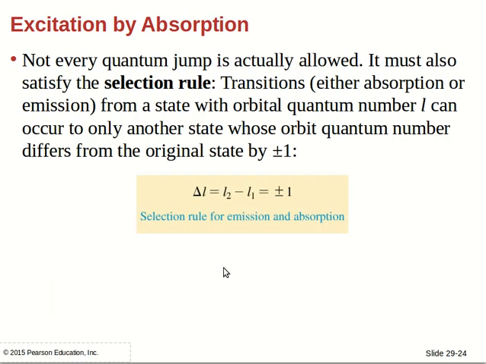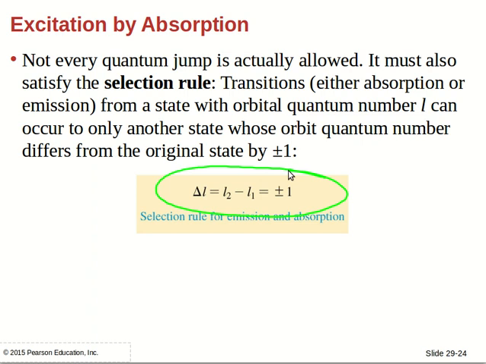Now, there is something called a selection rule, which governs the ability of an atom to negotiate changes between states. Not all quantum jumps are allowed. The selection rule says the following: transitions, either absorption or emission, from a state with orbital quantum number l can occur to only another state whose orbital quantum number differs by plus or minus 1. Delta L, the change in L in going from one state to another, has to be plus or minus 1,